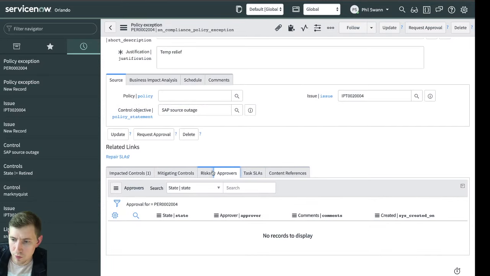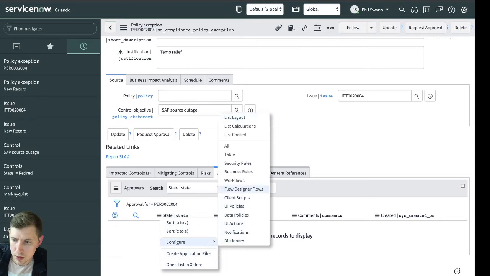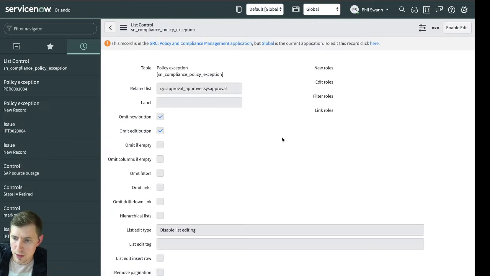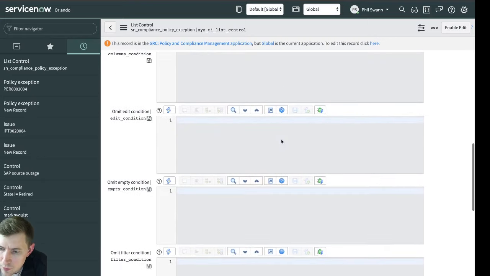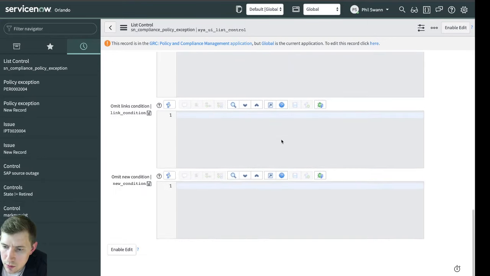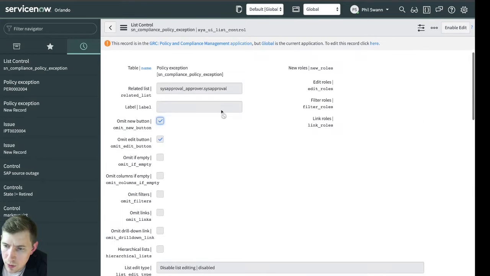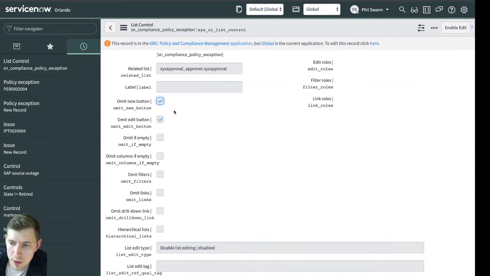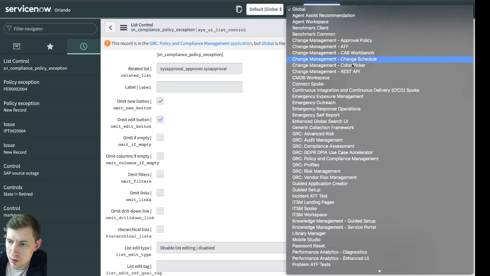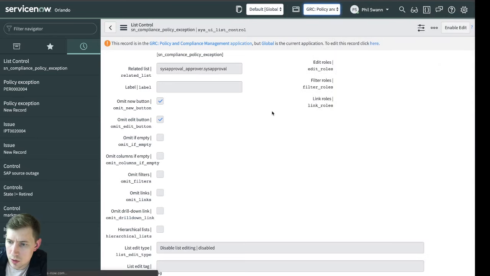So obviously in the approvers tab, the edit button is not there by default. Let's just take a look at the list control and see what's going to be causing this. So no edit button, no edit, oh look, omit completely. So if we go to policy and compliance,